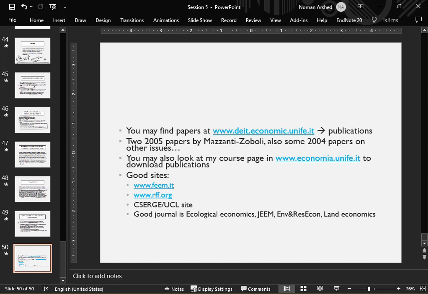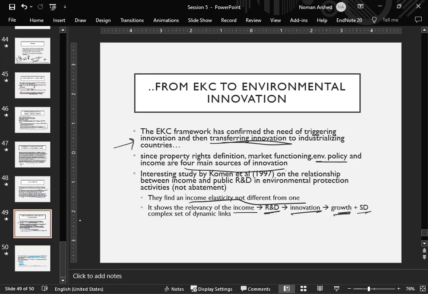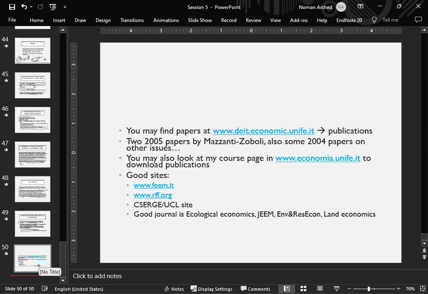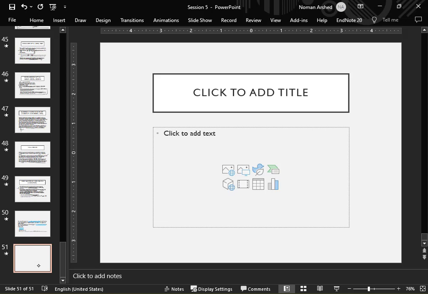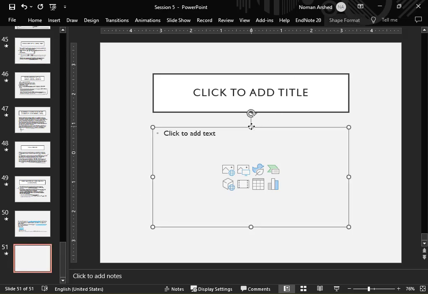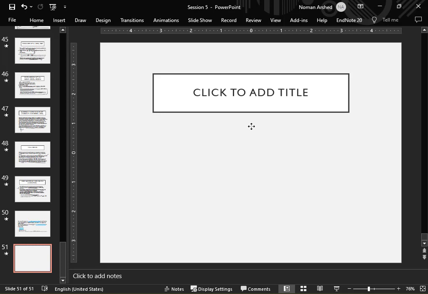So you can find more details on this website. There are more papers that are talking about EKC. I will conclude this topic in a way that the recent studies are talking about how to make it work. So I will draw the diagram here so that you can understand the recent developments in the concept of EKC. The first development was that they create a model like CO2 or any other pollutant type,